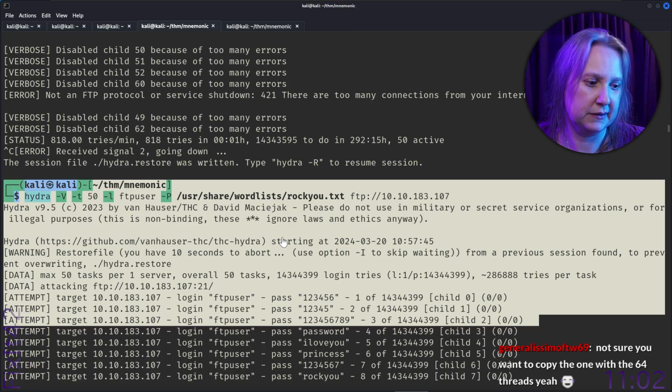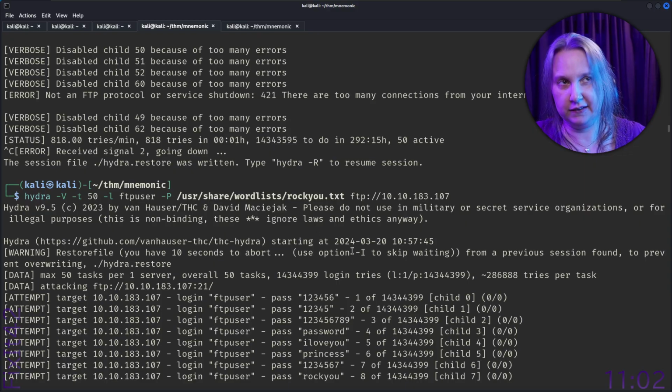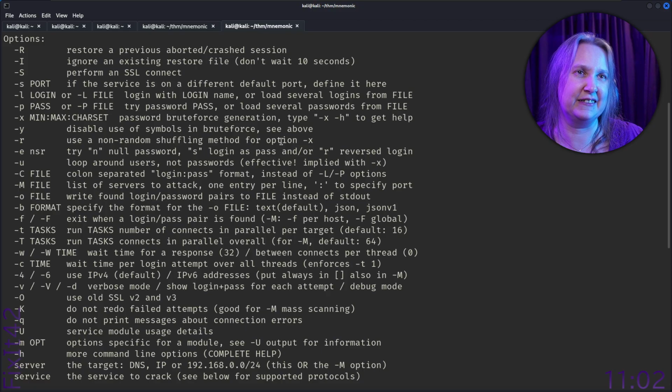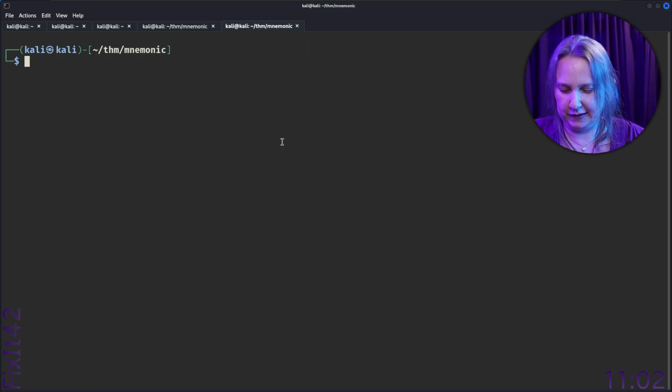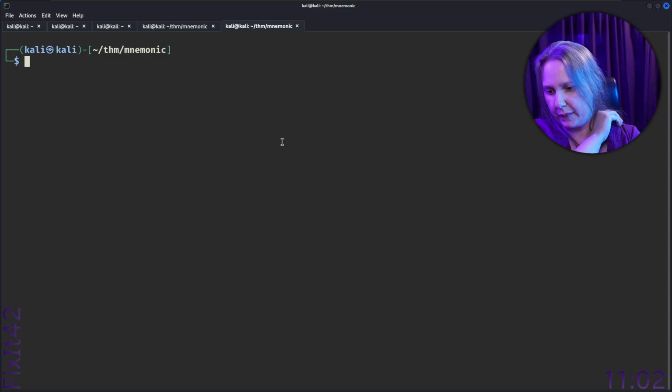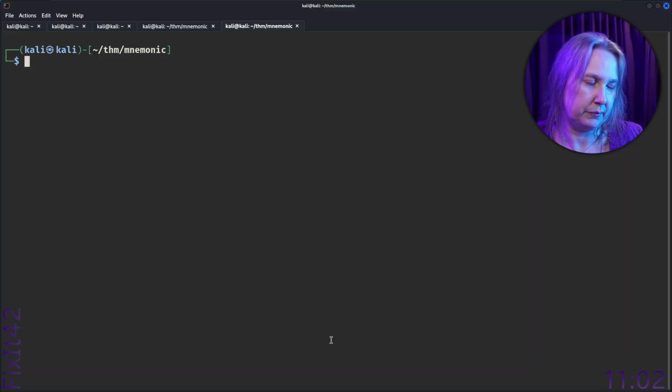So back to the box, and now we have FTP login. So let's log in. And since I want these things still to be here, this is just a help file, so we could clear this. Do FTP. Just checking time, but it's about 11.